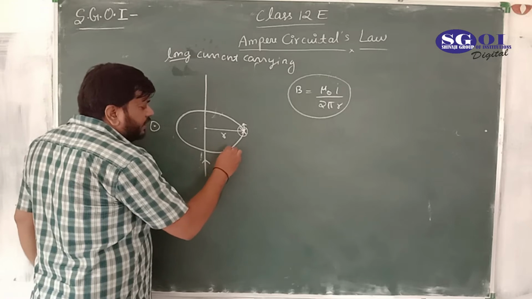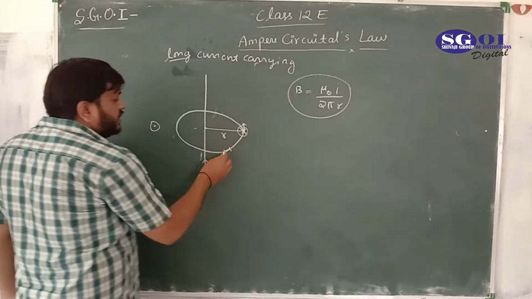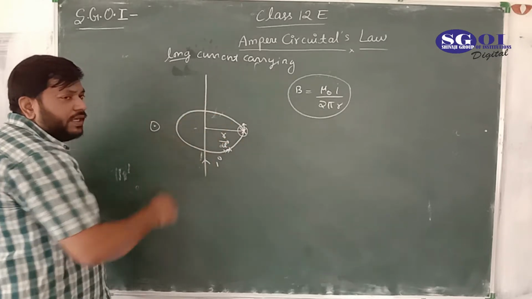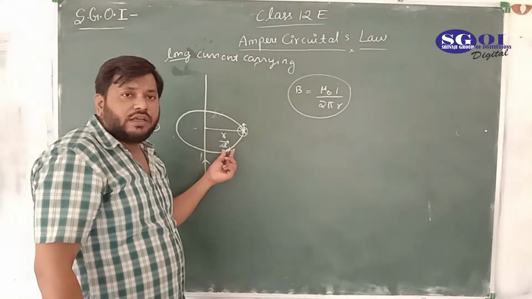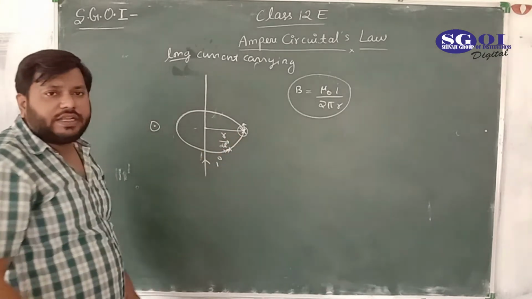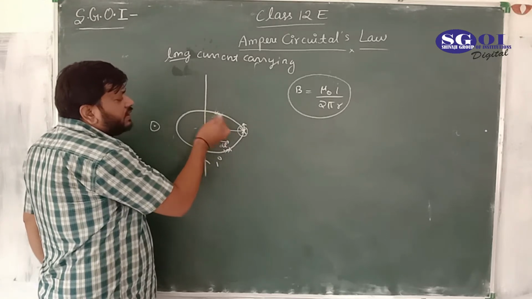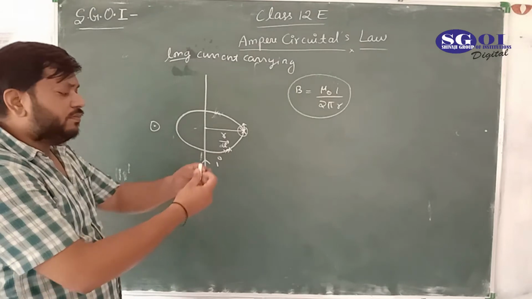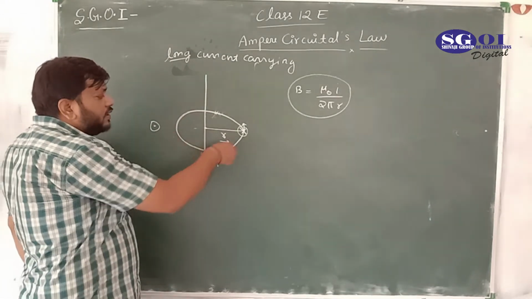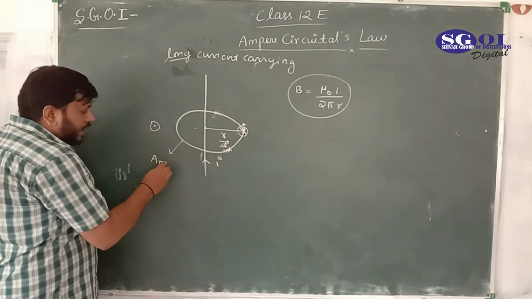and we would take a length element. This is not the current element I am saying, this is a simple length element, and we can say this is the dl vector of this Amperian curve. We are going to take the length element dl vector, and the magnetic field is also along this Amperian curve at each and every point. It is along this dl vector. Suppose we take the dl vector here, it is in this direction, so the magnetic field would be in the same direction, because of this wire the magnetic field is in this way. So we would take a circle of radius r. This is the Amperian curve, the Amperian loop.